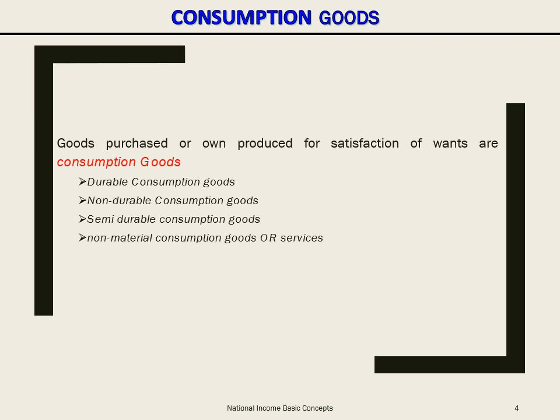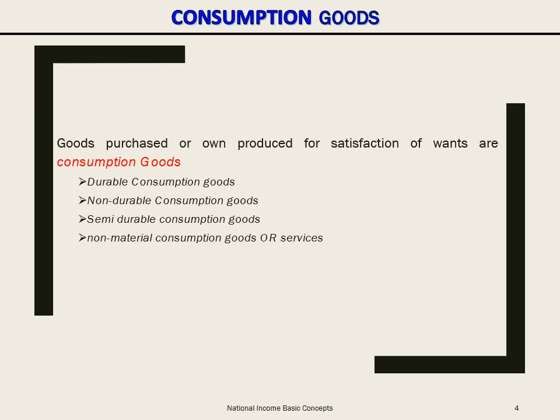Semi-durable consumption good is neither durable nor non-durable. For example, the shoes and the clothes that I wear are part of semi-durable consumption good, because they may be used for a period of a year or so. Then what are services? The services that are being rendered by a teacher, by a doctor, by a soldier, they are all a part of capital good and consumption good.